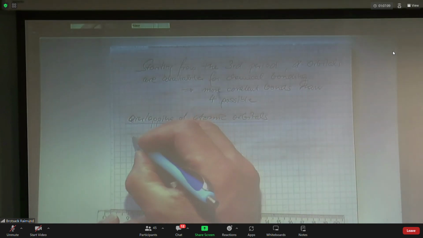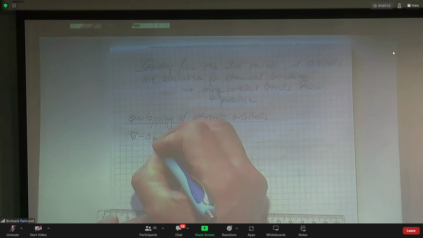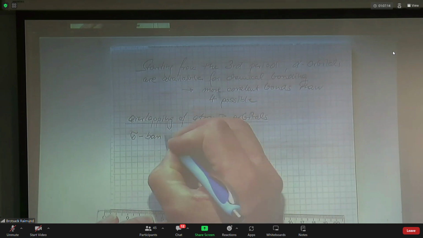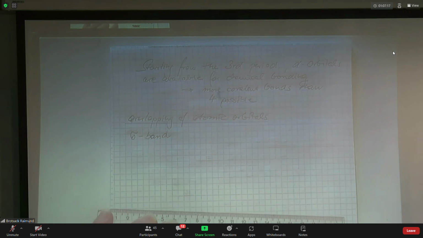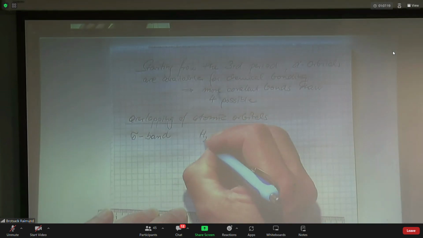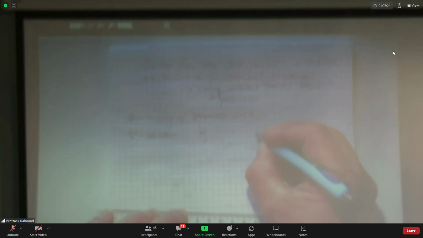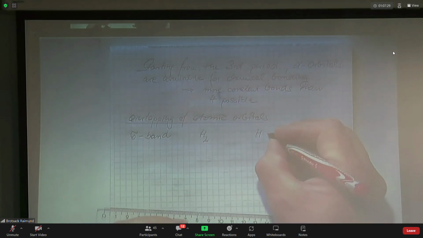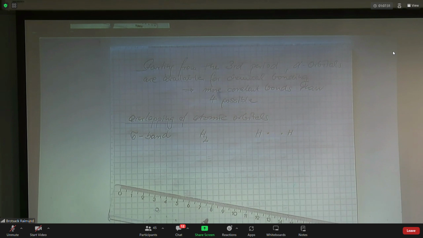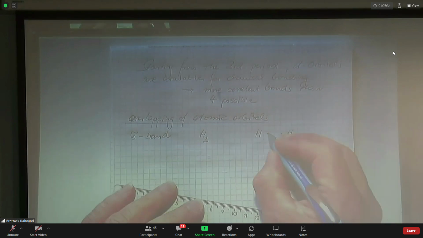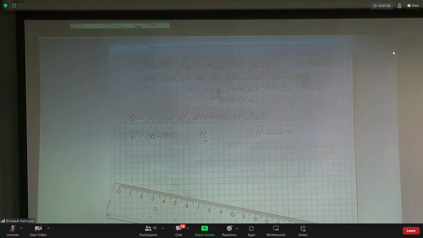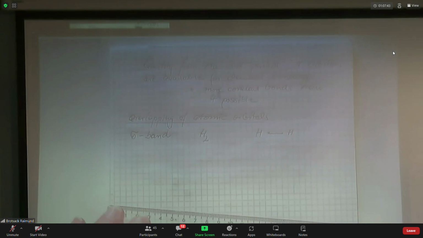And maybe you heard about sigma. Let's talk about a sigma bond. On the example of hydrogen, each hydrogen atom contributes with 1 electron, 1 and 1, and this is now creating a chemical bond between those 2 atoms. When we try to draw it, the overlapping s orbitals,